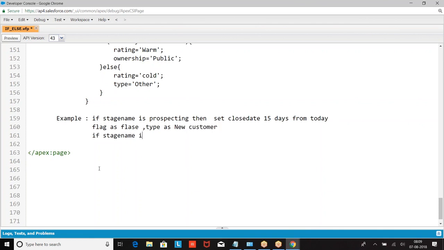If stage name is closed one, type as existing customer.